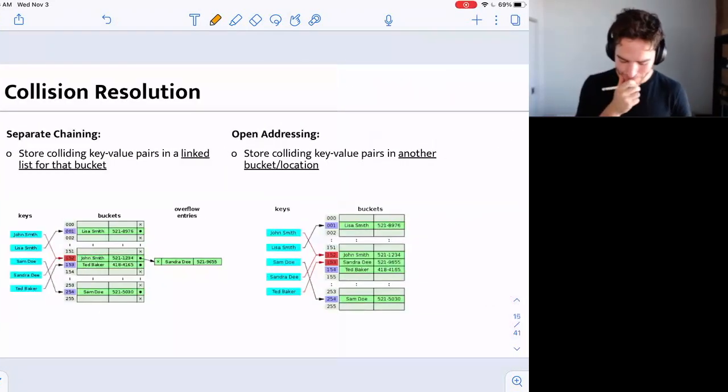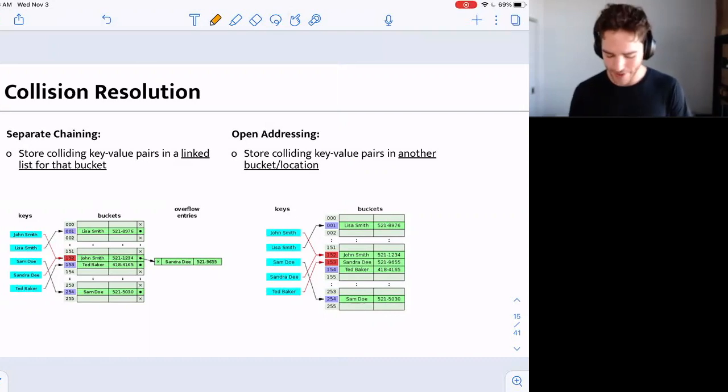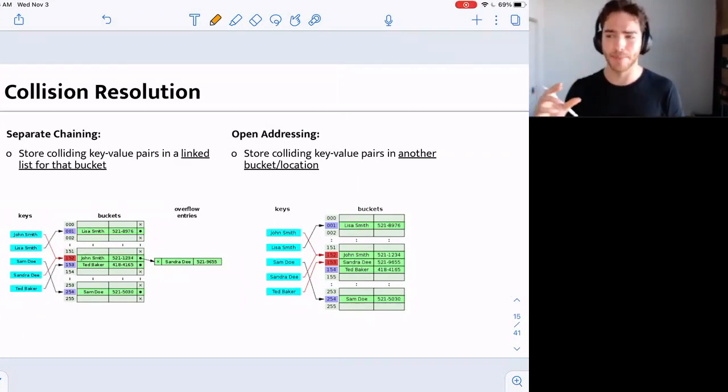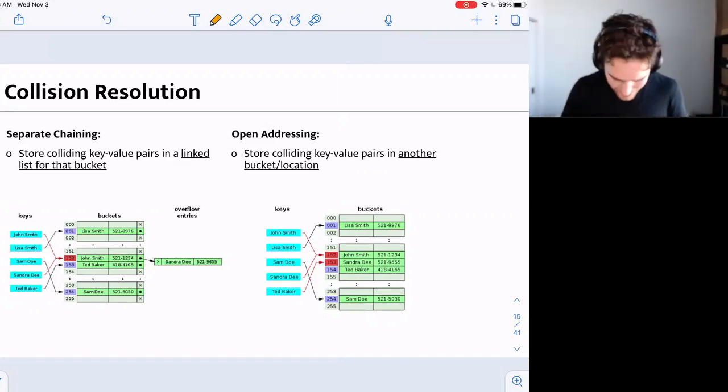So collision resolution. In lecture, we went over 2 ways to resolve these collisions: separate chaining and open addressing. And really the difference between these 2 is separate chaining handles collisions by using a linked list, whereas open addressing just throws it at a new location. And we talked about different methods of open addressing and where that new location would be. But if we look at this example,